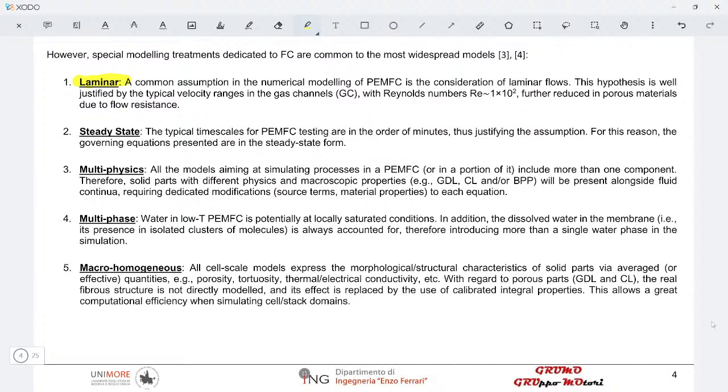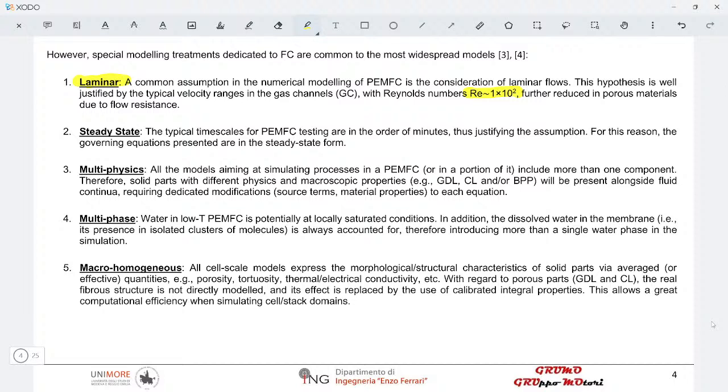Clearly, a check based on the fluid velocities would always have to be carried out. But generally speaking, the velocities that we have in fuel cell systems regarding the fluids are extremely low. And they are extremely low in the gas channels. And once the flows develop inside the porous materials, these velocities become even smaller. So generally, we are in the range of a few hundreds of Reynolds number, which typically well justifies the assumption